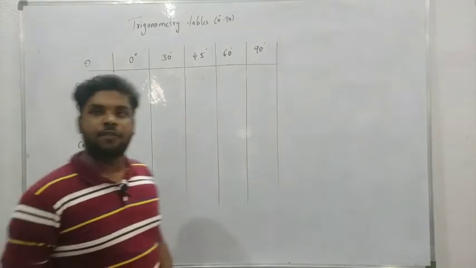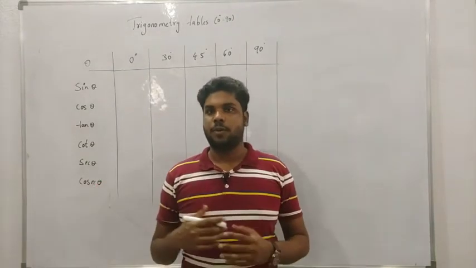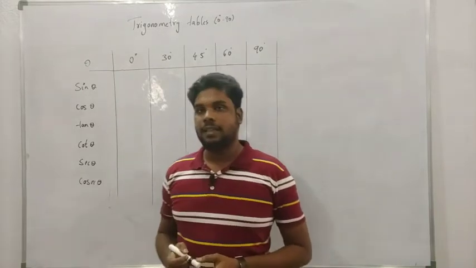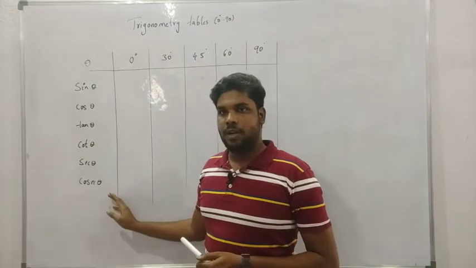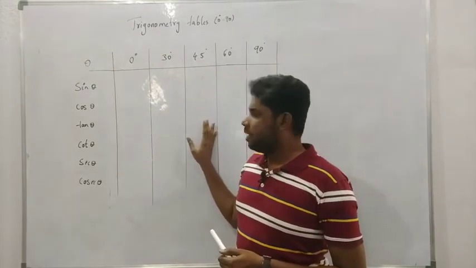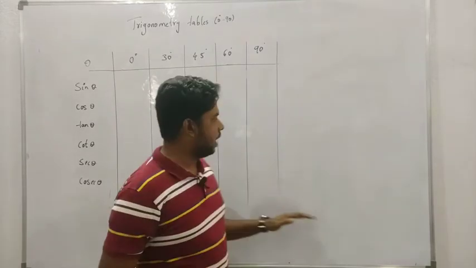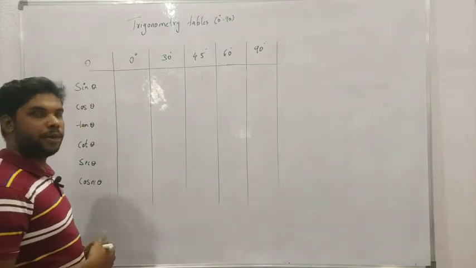So, hi everyone. In the previous video we discussed the definition of the 6 trigonometric ratios and solved some problems on it. Now we will find the values for angles from 0 to 90 degrees for all these 6 trigonometric ratios. Lots of students get confused over this table, so I will show the way to write this box. Before that, we should record some properties we have learned.